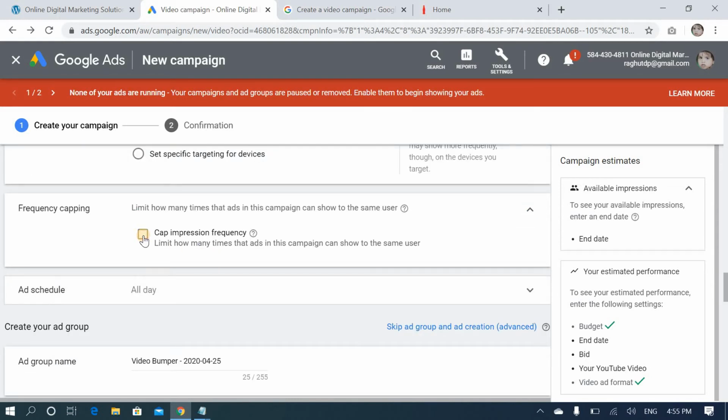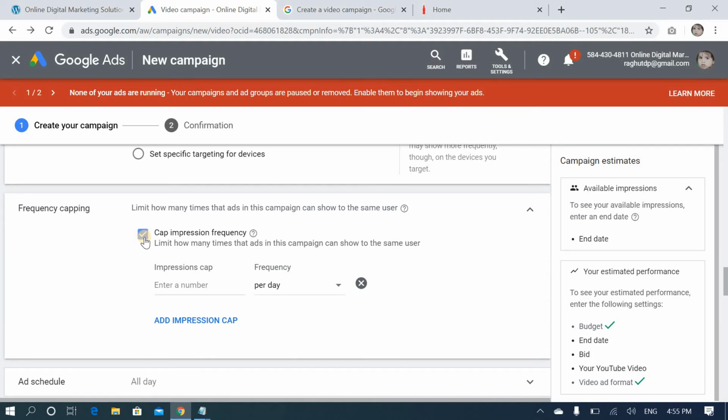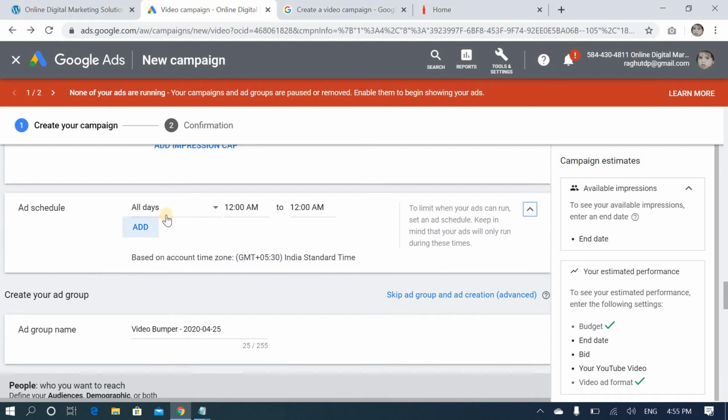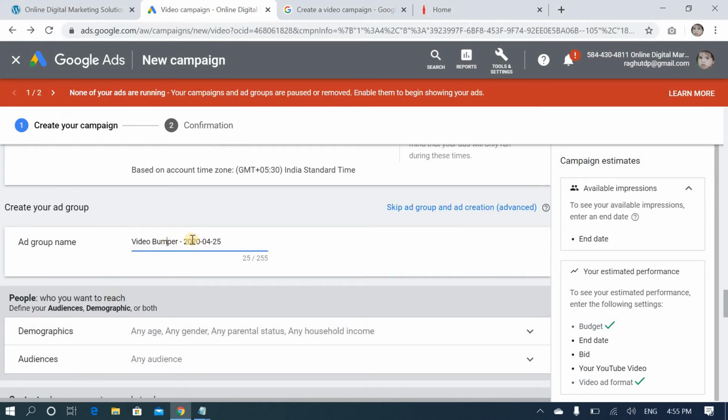This is how many times the ad is shown to the same user per day, 5 times or 10 times, you can select this. Next, ad schedule: how many days you want to show, all days or weekends, and you can mention timings also. I don't want to select anything. I'll come back and just give the video bumper ad.